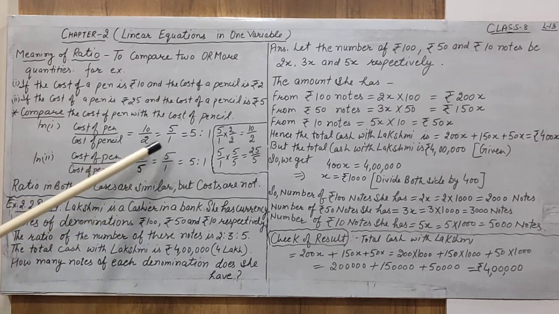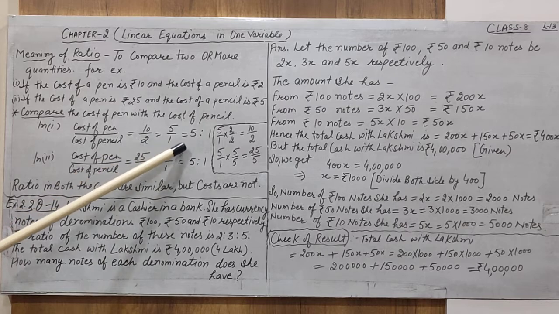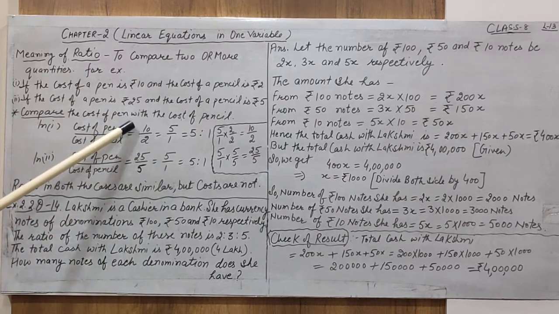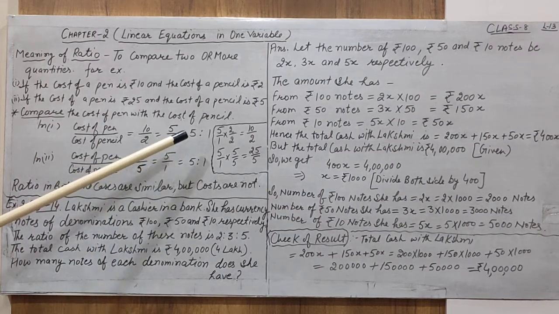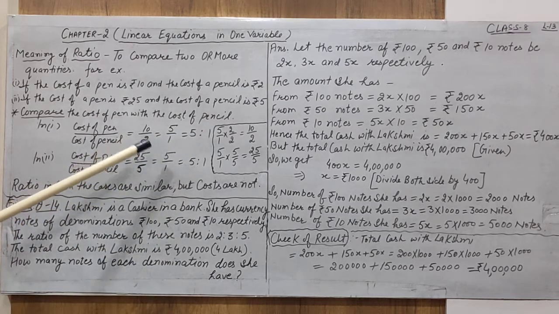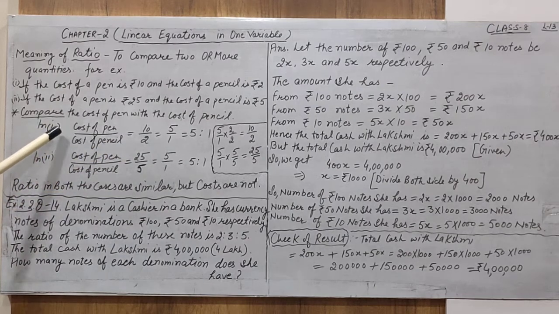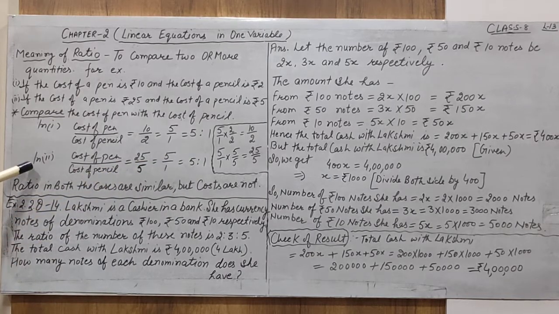This is the case of equivalent rational numbers. You understand the equivalent? It means we can divide both the numbers by the same number to get its standard form or the minimum form. Alright, now we cannot divide 5 and 1 by any number now. So the final ratio after comparing the cost of pen with the pencil is 5:1. Similarly, let us understand case 2, in which the cost of pen is 25 and the cost of pencil is 5.